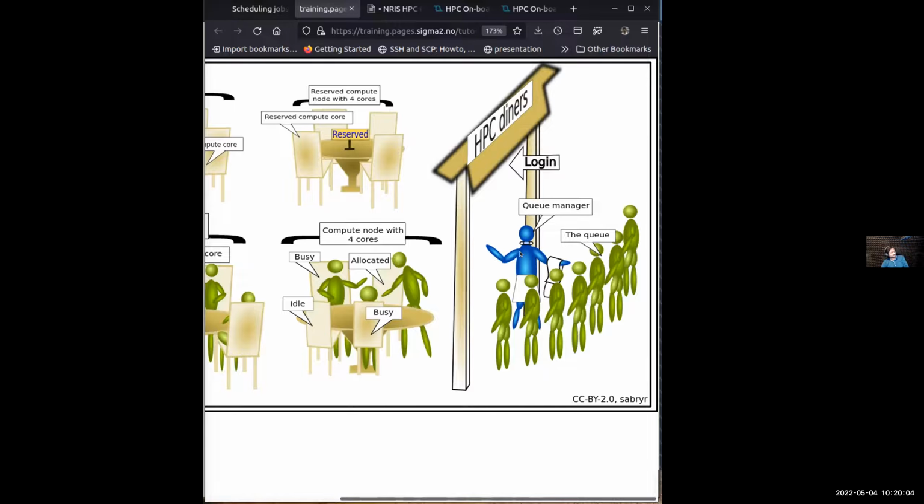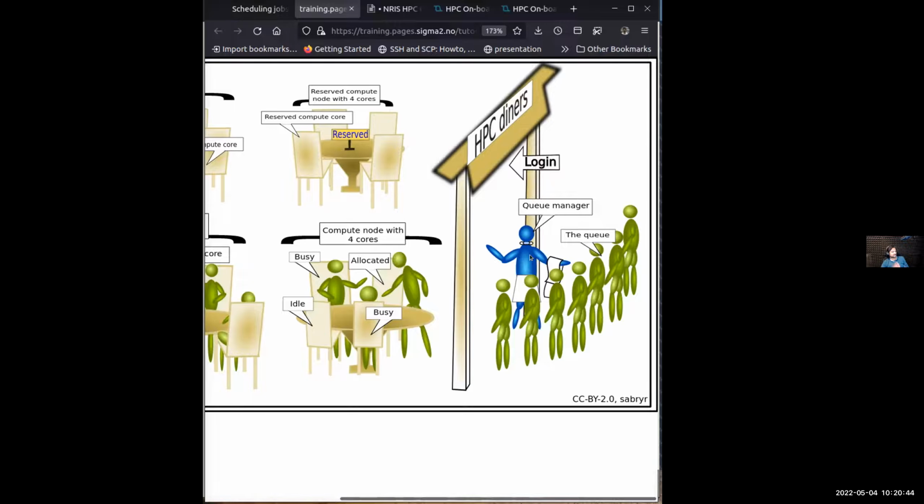So what does the scheduler do? In this case, I'll introduce another term, Slurm. This scheduler in our system is called Slurm. Do you know any other schedulers, Bjørn? Yes, you have PBS and LoadLeveler. Yeah, there are several. So this is not the only one, but this is the most popular, and it is the one we use on Saga, Betzy, Fox, and many others as well, I think. If you learn the concepts of Slurm, you're more or less okay to learn other schedulers as well.